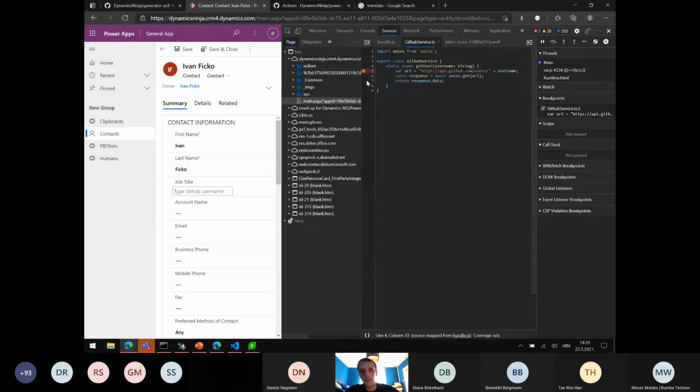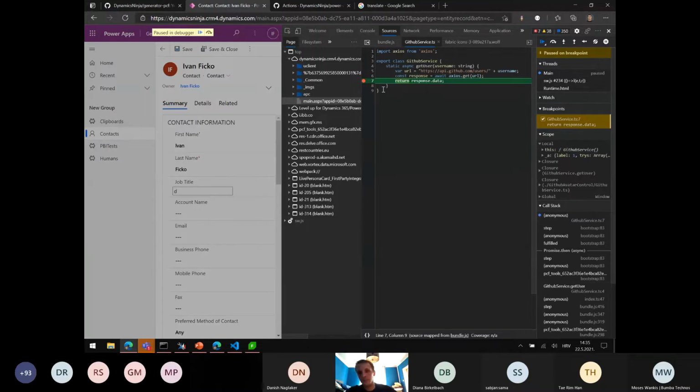So if I, for example, put a breakpoint here when I initiate my GET request, okay, and let's start typing something into the text box. So when I hit it, I can debug my code, see what's the response of my GET request, and it's easier to manipulate the data inside and debug inside my TypeScript files rather than JavaScript, especially when they are minified